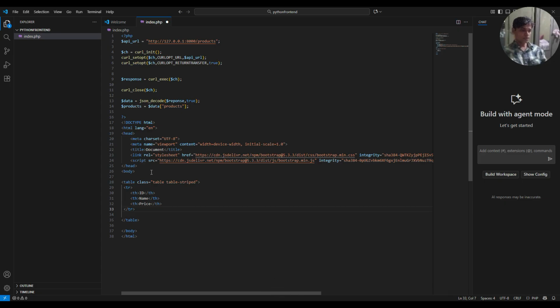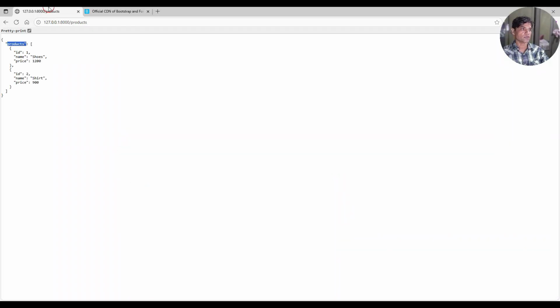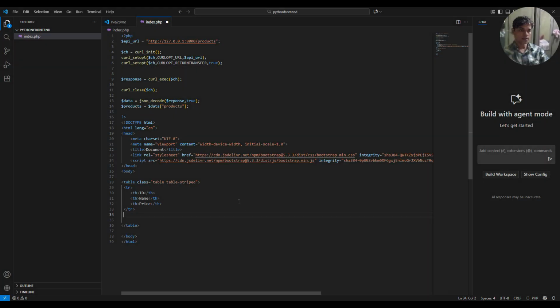So this is the first tr, which is done. Now the second tr will be repeating. The data fetched from here should be printed there, so it will be a loop over here. For that, I write a loop first, then start the tr. So we start PHP again over here,